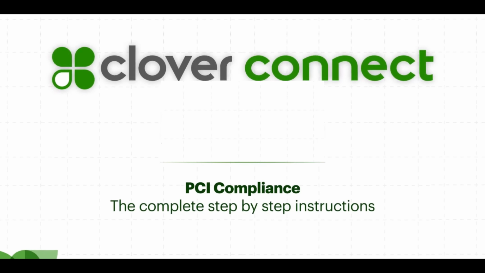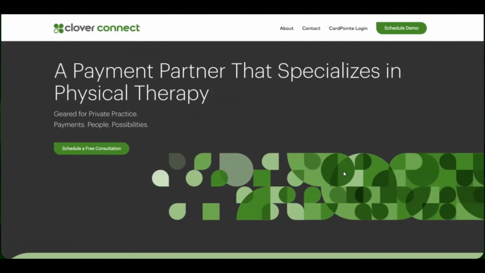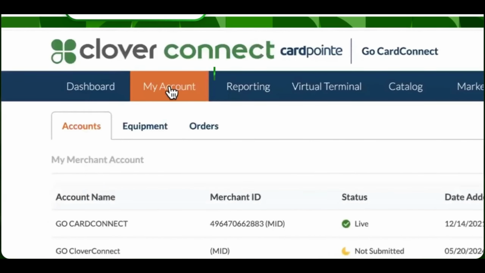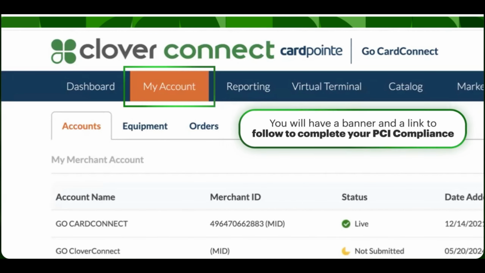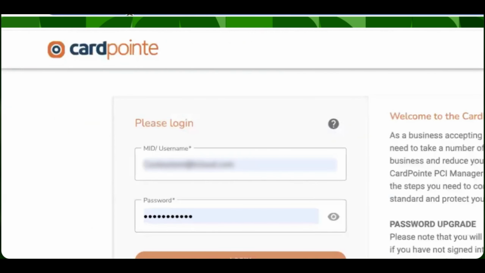And today I'm going to walk through the PCI portal. You're going to access the PCI portal by logging into CardPoint. Going into the My Account tab, you'll see a banner here that says your account is currently listed as PCI non-compliant. You can either follow that link or you can log into the PCI portal directly by going to